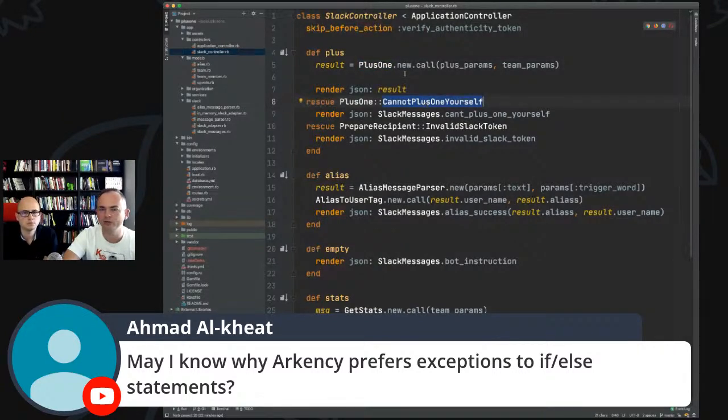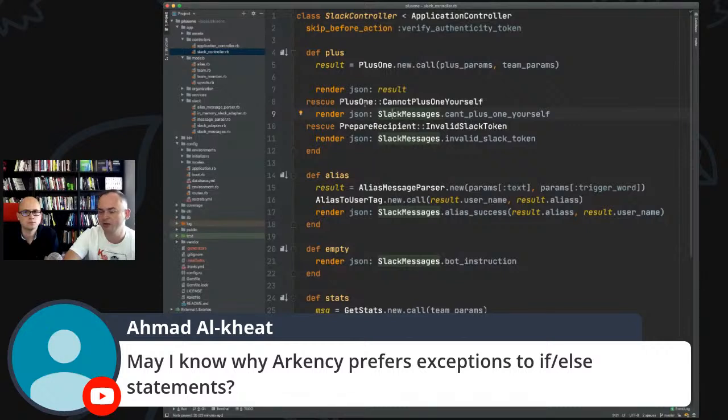Instead, Ruby or Rails people would probably do more like if the result is success, then do something, or if it's true or false, then do something. Ahmed, maybe you can say how you would do it differently? Because I feel like the handling of the response will be more complicated, while Ruby supports exceptions in a nice way, so I can do it in a declarative way.